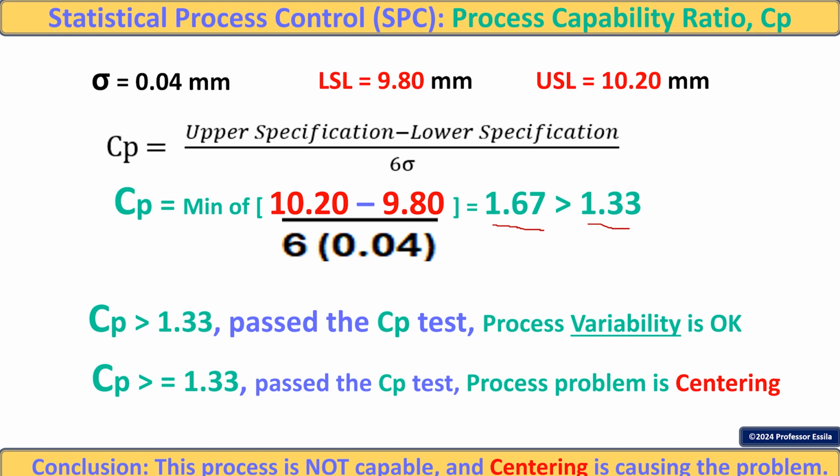So our process passed the Cp test, the process capability ratio test. So variability is okay. And if variability is okay, why is the process not capable? Then the problem is centering, because the two most important considerations when it comes to process capability are centering and